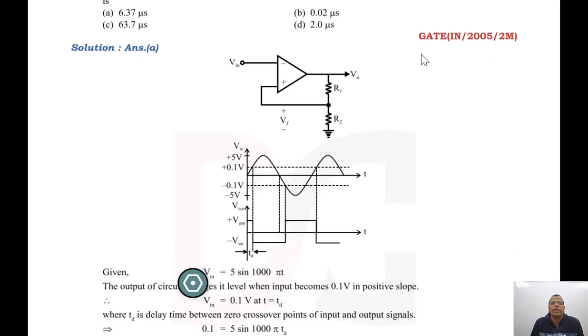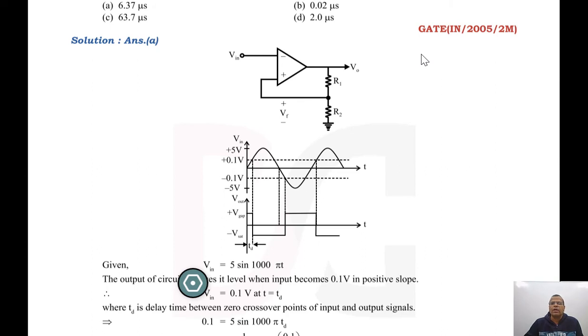Now let us see the characteristics. Here remember, I have a sinusoidal input. I will explain by drawing the sinusoidal input here. This is your upper threshold voltage, this is your lower threshold voltage. The moment input becomes more than the upper threshold voltage of this circuit, my output changes to what? Minus 15 volt. This is the upper threshold voltage, which is a feedback voltage here. You can call it threshold, reference, or feedback, it's your choice, right?